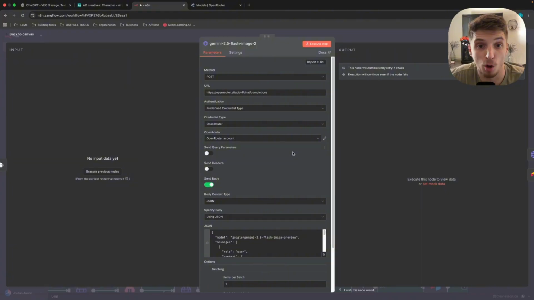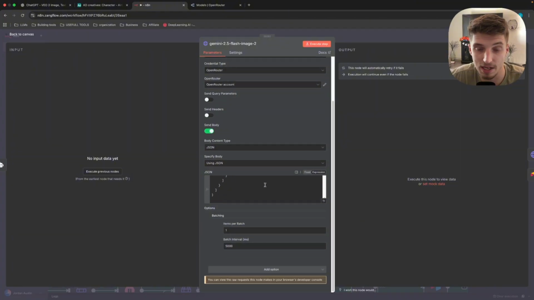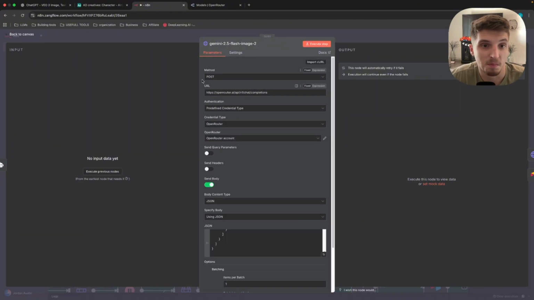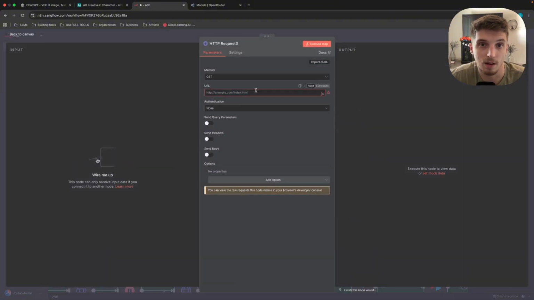So let me show you what a perfect HTTP request node looks like for Nano Banana. Okay, it's going to have all these predefined credential types, credential type, OpenRouter account, send body, JSON, this JSON body, payload that we're sending over, items per batch, method POST, this URL here. I'm going to show you how to do that. Stick with me. All you should have right now is this. And then pay attention, and by the end of it, you will know easily how to call on Nano Banana's